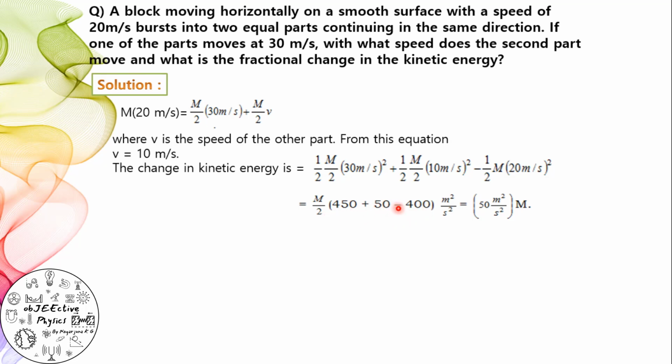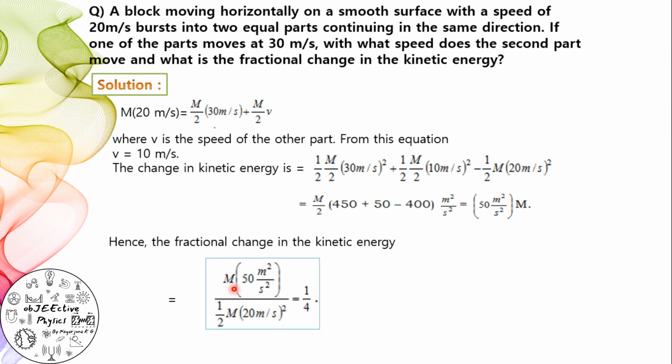450 plus 50, 500, 500 minus 400 is equal to 100, 100 by 2 is equal to 50 into capital M, meter square by second square is the unit. Hence, the fractional change in the kinetic energy, observe here, is change in kinetic energy divided by initial kinetic energy. By substituting the values here, m into 50 divided by half m into 20 square, we will get 1 divided